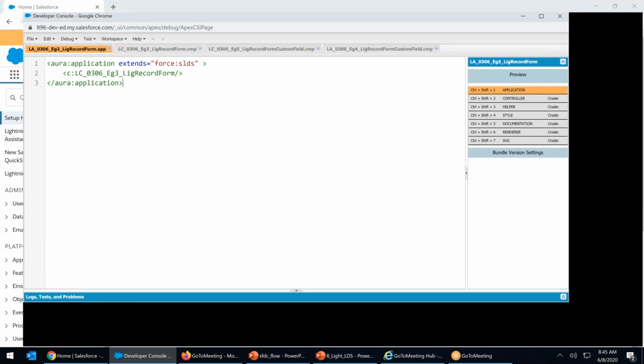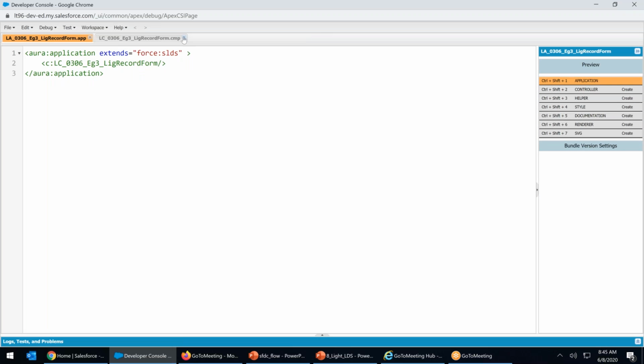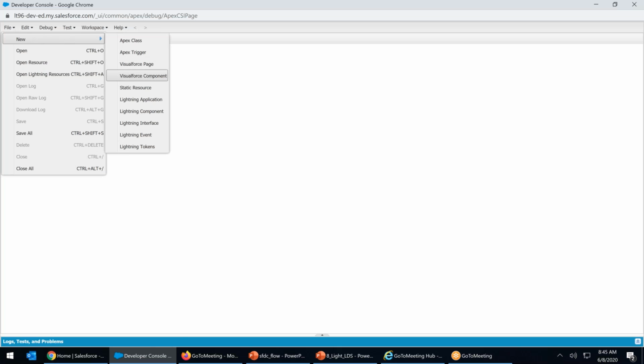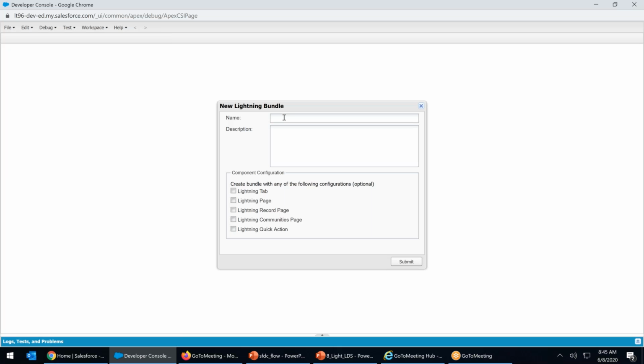I close all the previous components that we created. Now, File, New, Lightning Component. I name it LC_0806_EG1_DynamicComponents.